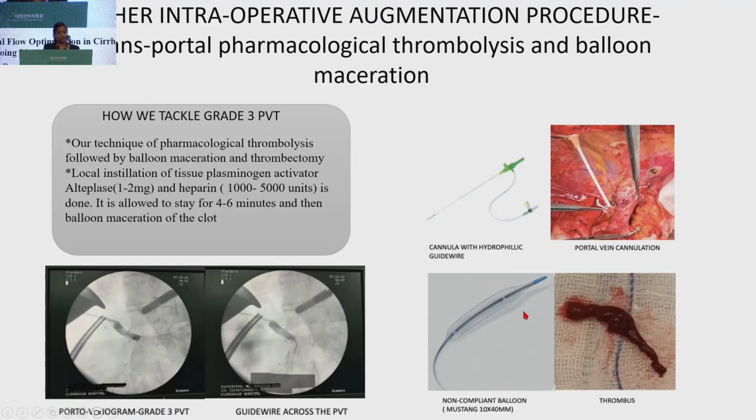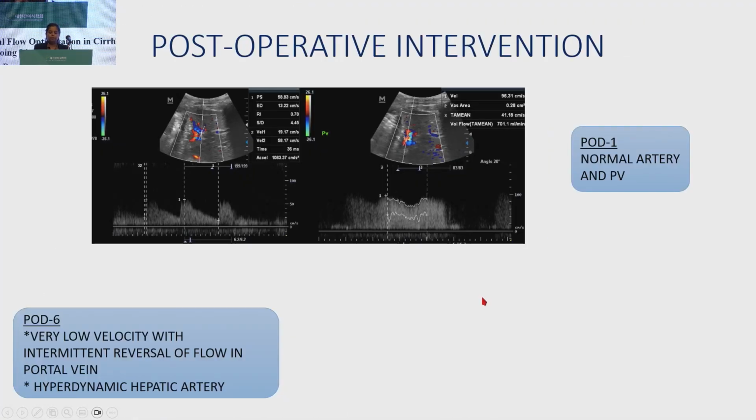This is our method of dealing with grade 3 PVT. We use pharmacological thrombolysis and balloon maceration if we are not able to get good portal flow with eversion thrombectomy. Patients who require post-operative interventions are the ones who develop graft dysfunction or abnormal portal Doppler findings during the post-operative